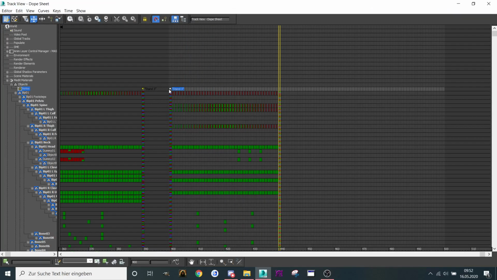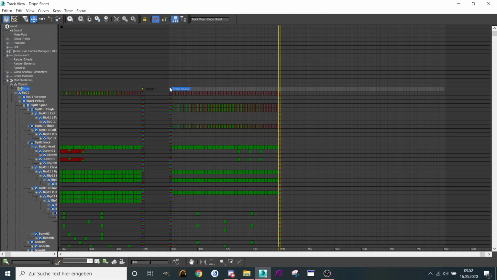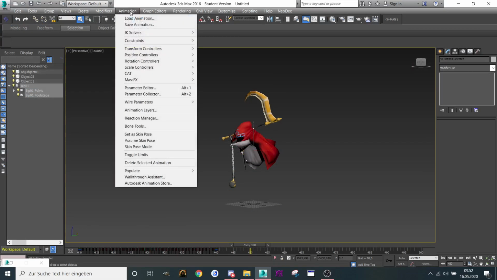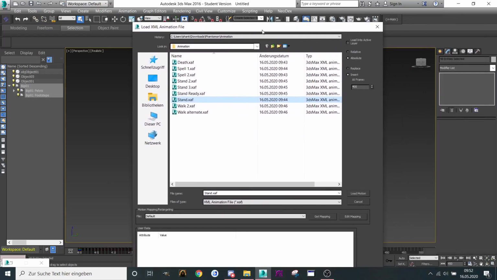Then take that one as stand ready, stand ready. So then animation, load the next animation. It's the stand animation itself. It should be 450, 450, load motion,